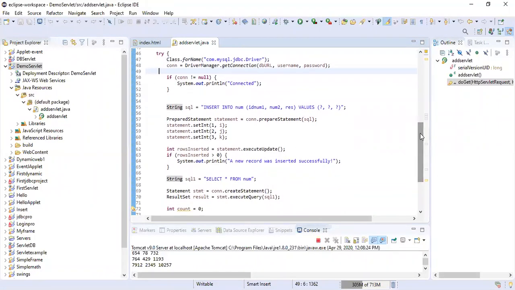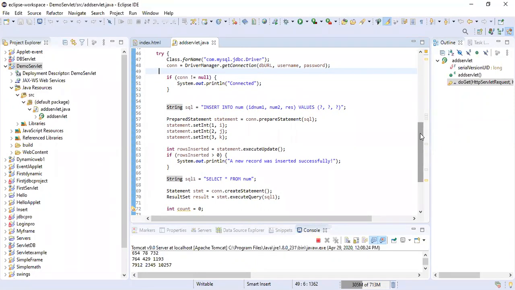Now in the try block itself, today I'll show you the insertion. You know this code, we have already seen it in case of Swing also, and in case of normal JDBC also, the same code we have to repeat. It is just a matter of copy paste. We have just changed the table and schema.